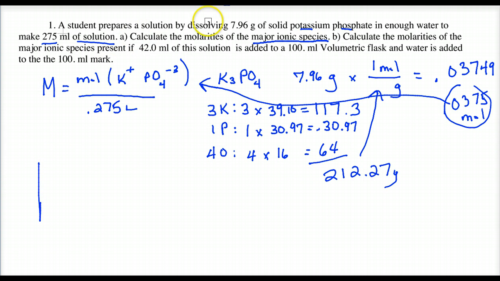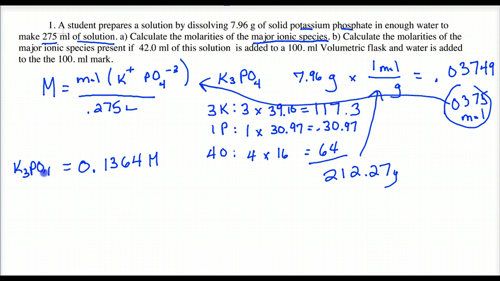So I get my molarity to be 0.136. We'll just round off at this point, and that's my molarity. You can just write this number and get rid of that. That's your molarity. Okay, now that's the molarity of what, though? That's the molarity of